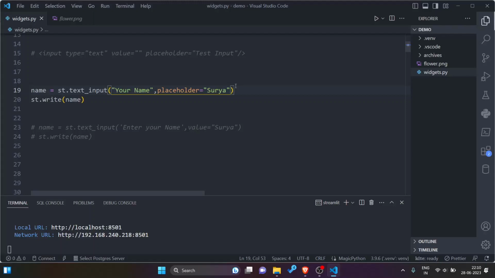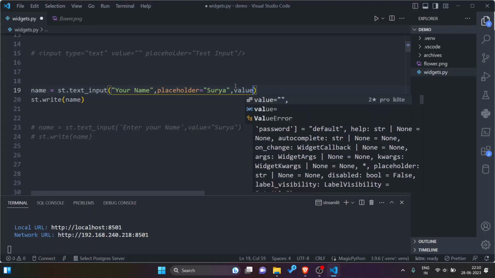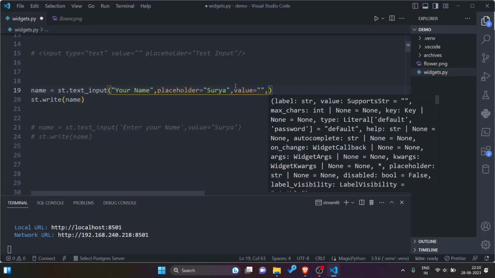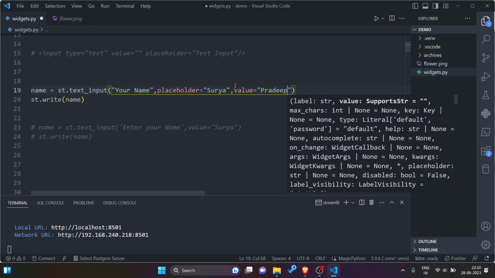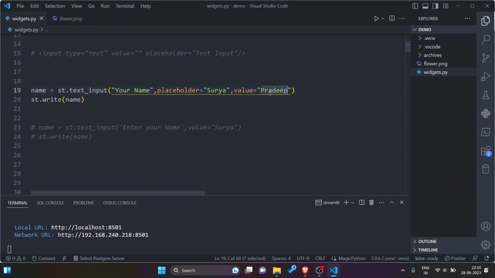And then if I want to keep a value on the first render of this element, I can type it here. Let me type Pradeep. So Pradeep will be available on the first render, and subsequently when we type, this value can be changed and it will be available inside this name variable.